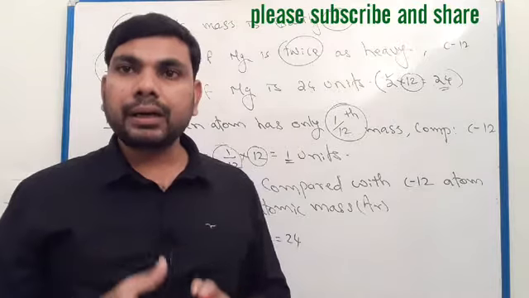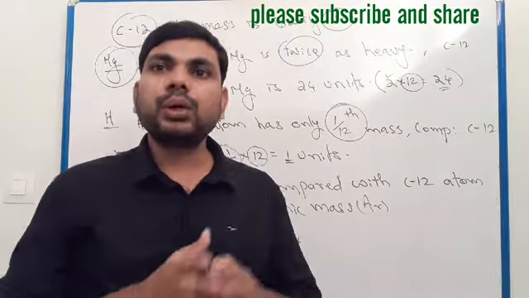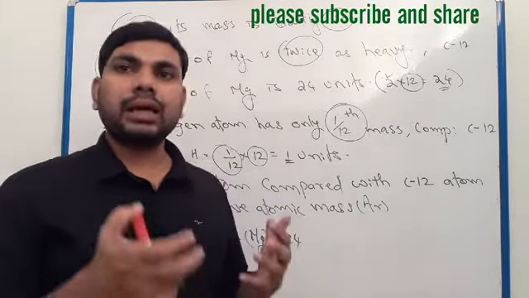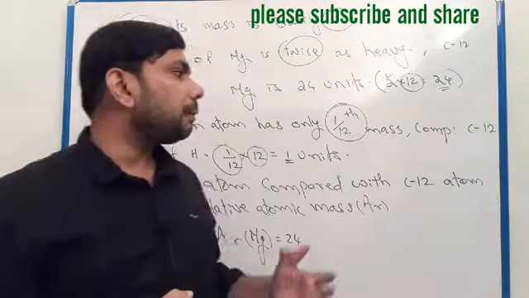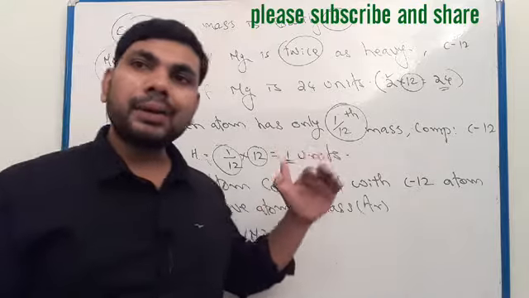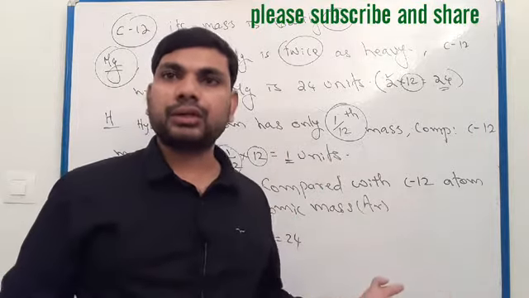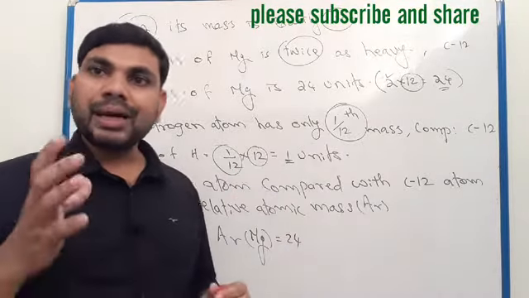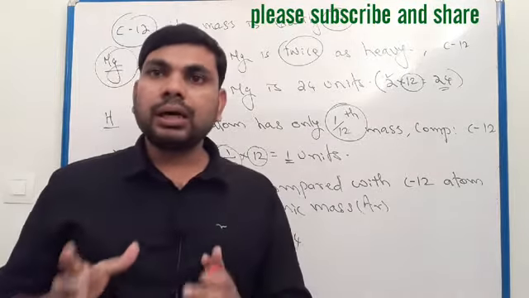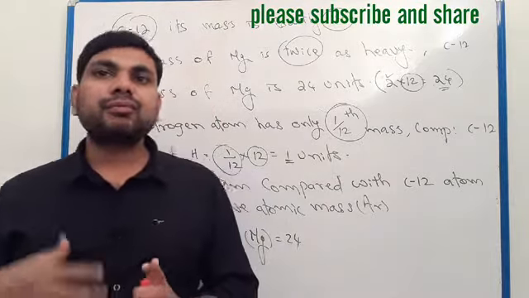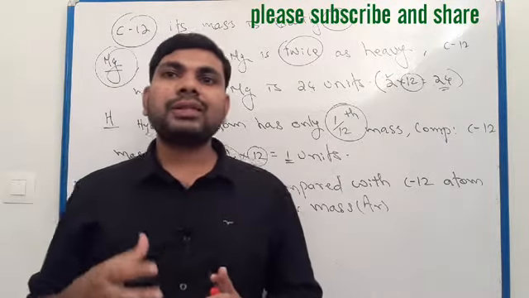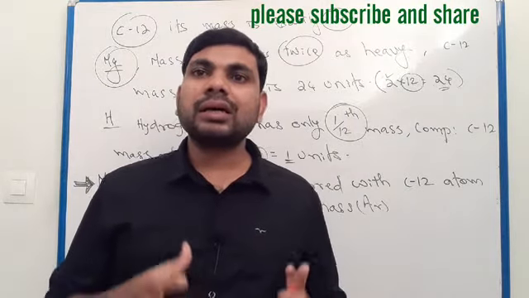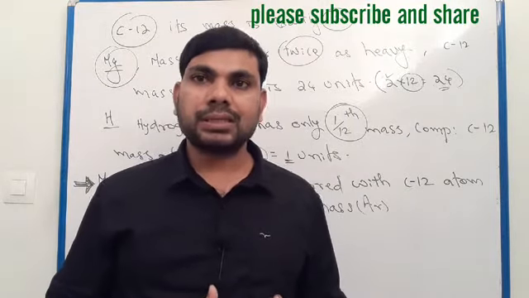We will compare the mass of hydrogen with carbon 12 in a spectrometer. With the help of the instrument, we can see the mass of hydrogen is 1/12th that of carbon 12. So the mass of hydrogen is 1 unit. The mass of atoms is found with the help of carbon 12.